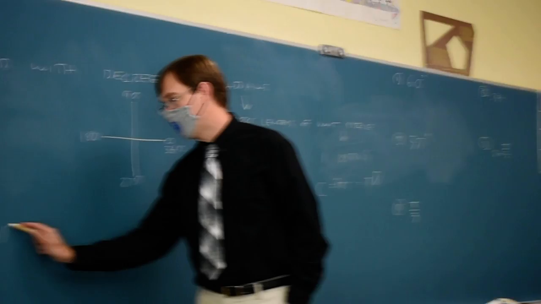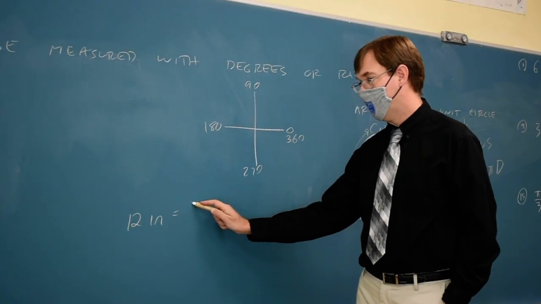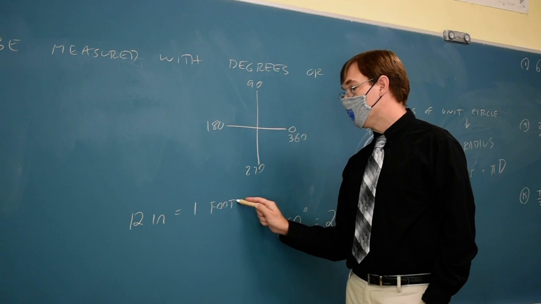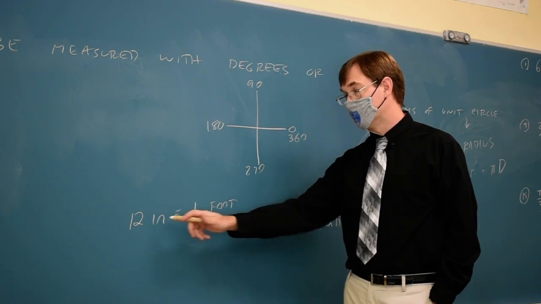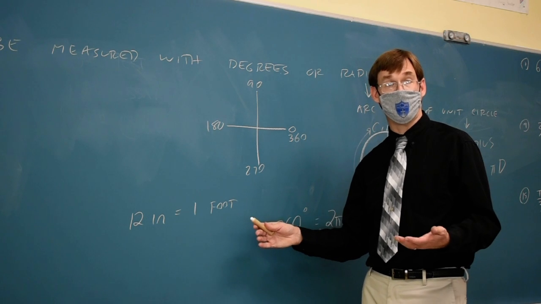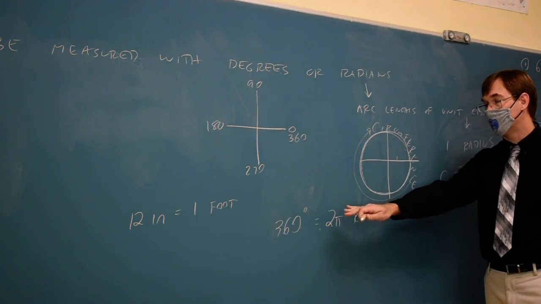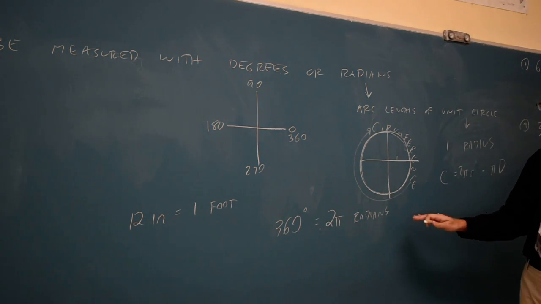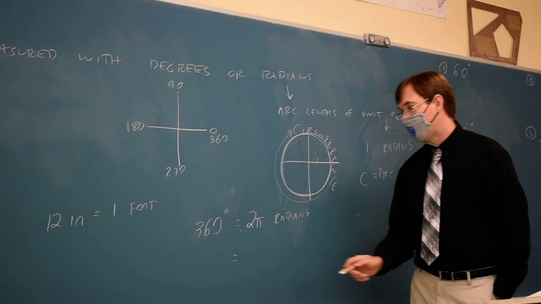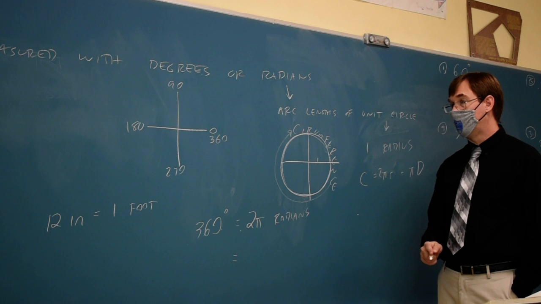Like, I could tell you that 12 inches makes 1 foot. You could use that to convert inches into feet or feet into inches. That's just a fact. Okay. 360 degrees is 2 pi radians. That's just a fact. If I wanted to make that fact a little bit mathematically simpler,